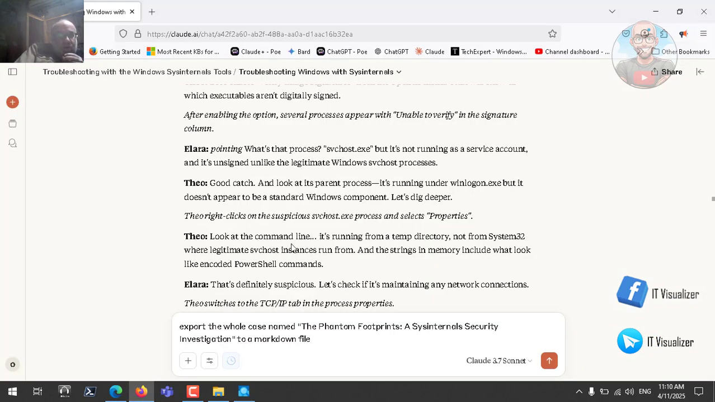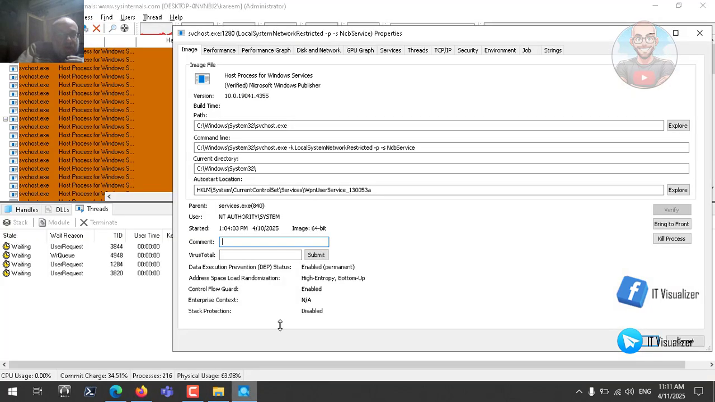Look at the command line. It's running from a temp directory, not from system32. So this is a sign that it is not a Windows component. Now, if it were running from system32, that would be a good thing. Let's continue. Here we have